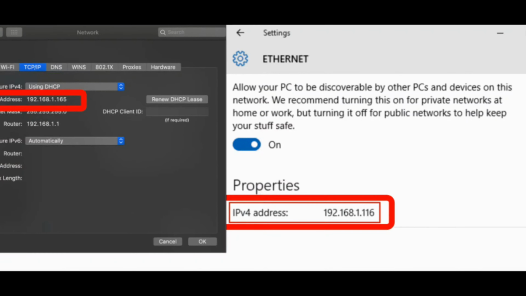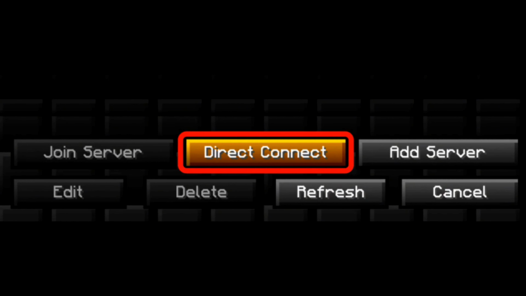After that, find your IPv4 address in settings. If you're not sure what this is or how to find it, there are many helpful articles and videos on the web. Now call up your friend, or whatever you use to communicate with them, and have them select